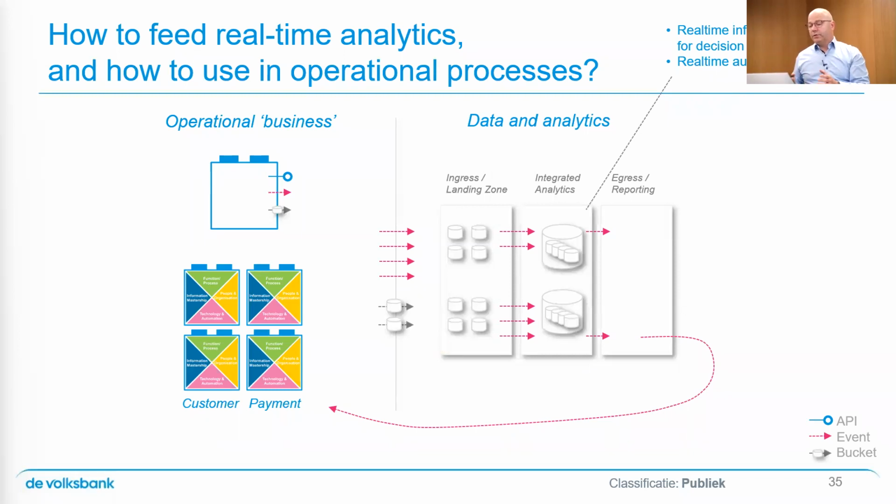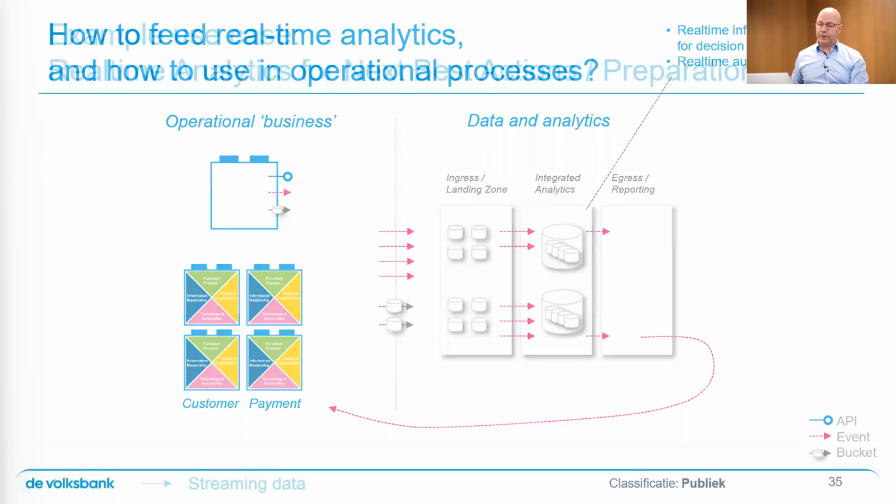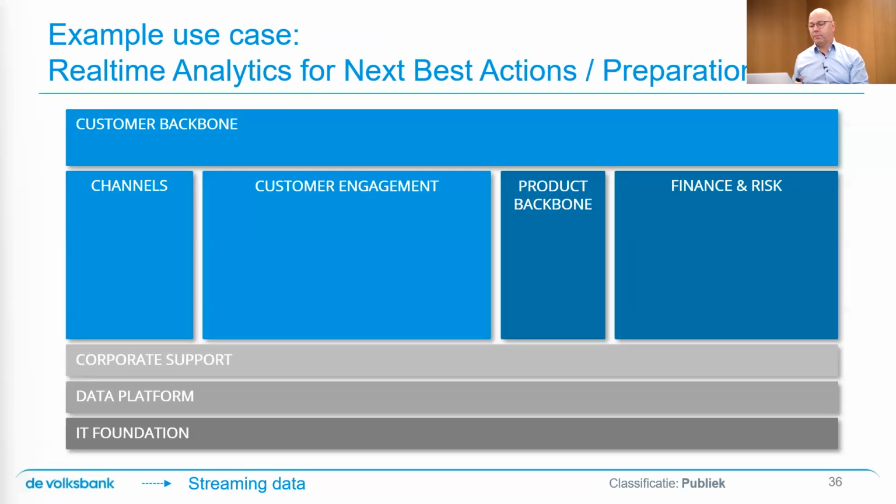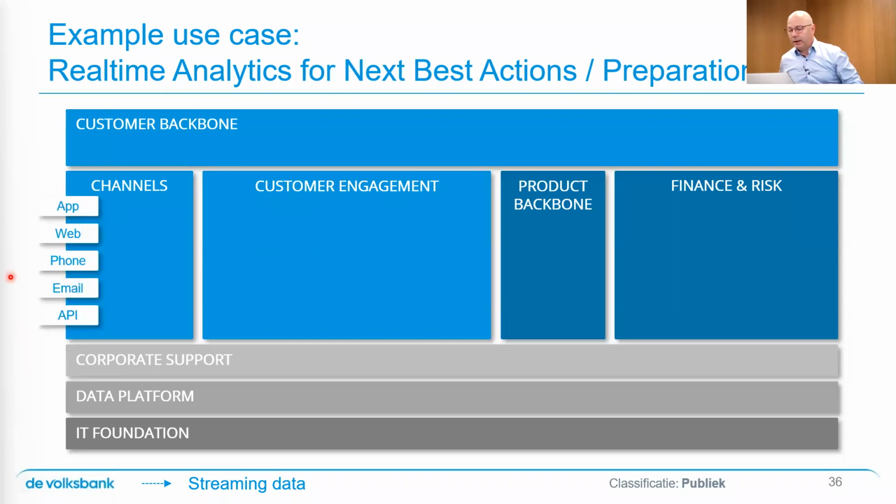So this is how you would theoretically approach such a real-time streaming system with real-time analytics. And I think it would be good to have a use case as well. And the use case would be very simple. We want to provide next best actions to our customers. Customers will be on the left-hand side of the picture over here somewhere, and they deal with any channels. There are the channels, and the customer chooses the channels that he likes.